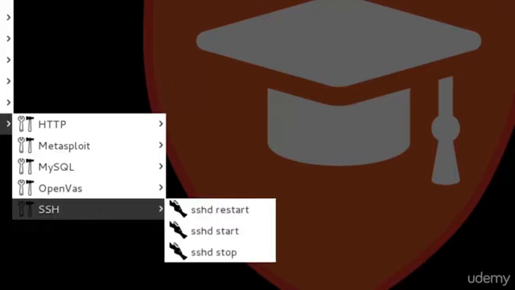But sometimes it's boring to go to the menu all the time, so you can just quickly say service, and then in this case apache2. By the way, if you type apache and then press the tab, it's going to complete the command, which is pretty useful because it identifies the service you're referring to if you don't remember the name. That's pretty cool. And then you say stop in this case,